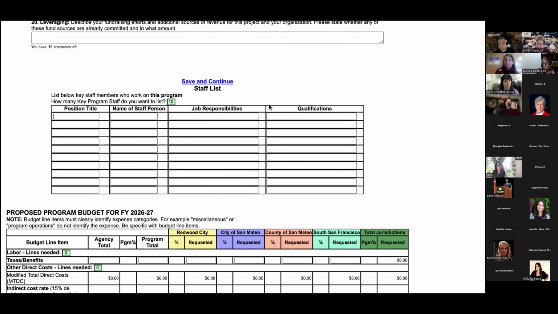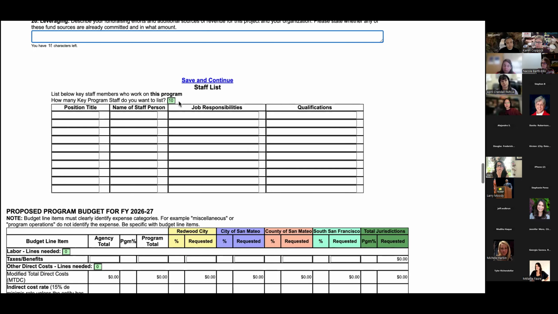Anytime you put in a number here and click enter or click outside of it, it does also save your application, because it does need to reload. So it does save it. So don't worry if you've typed in something here. I mean, again, best practice is to always click save, but if you've typed in something here and then you want to add another line item, it will save once you put in, say I change this to 11, it will save. So that's there for you.